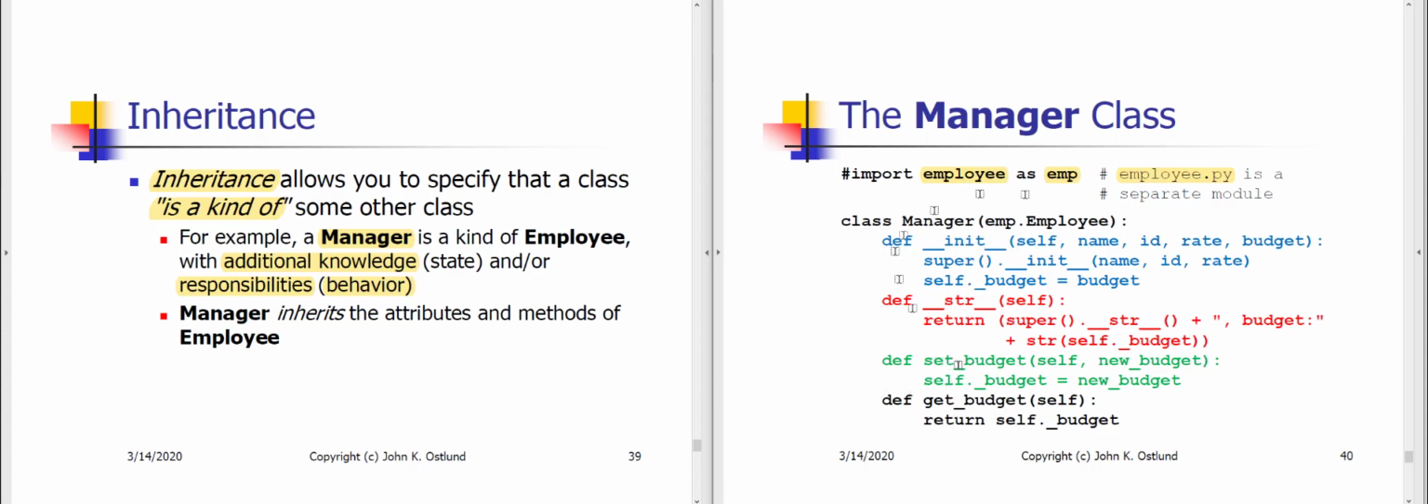This file is our manager.py file. And so what I'm doing here is defining the incremental code necessary to implement a manager class. The notation up here says that manager is a class. It is a kind of employee. Okay? So in parentheses, we give the name of the class that this